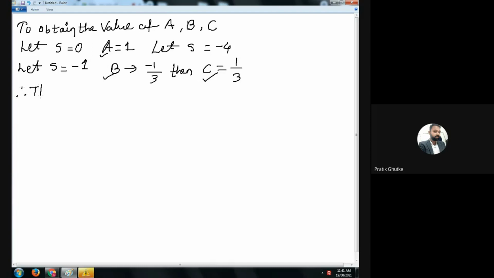Therefore, the given transfer function can be written as